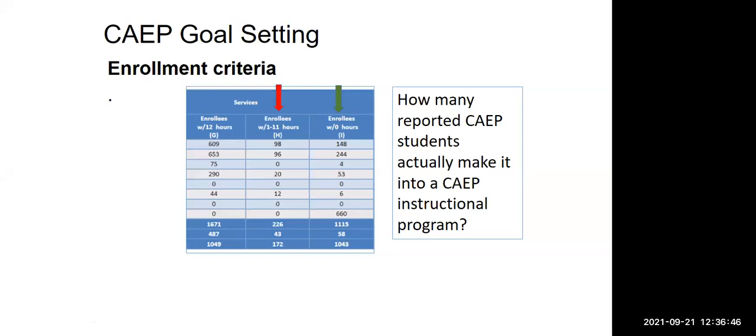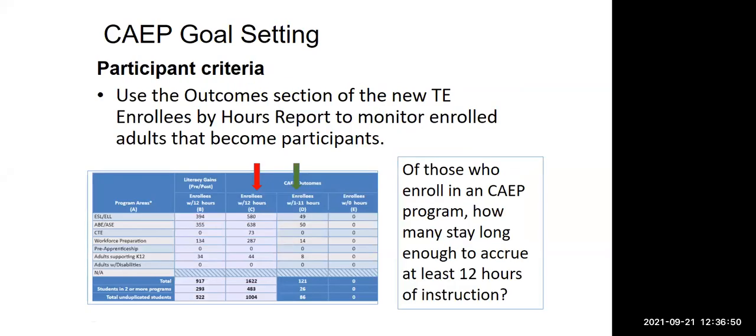You could say of services only, how many have at least 1 hour of instruction? Or you can say of those that have at least some hours of instruction, how many persist at least long enough to have 12 hours and qualify for federal reporting. Those are both very innocuous goals, but I'll just say that basically outlines what you're all